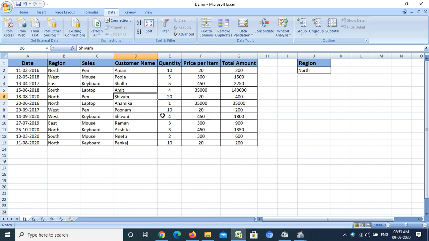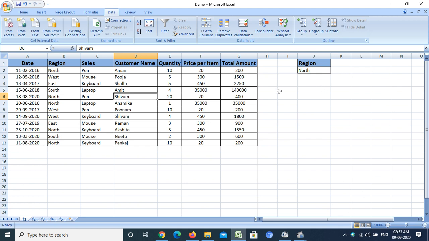This is my source data, and I have some criteria, and the third thing is the location where I want to paste my data. Say suppose in this region I will paste my data. Now the three things are source, criteria and destination.